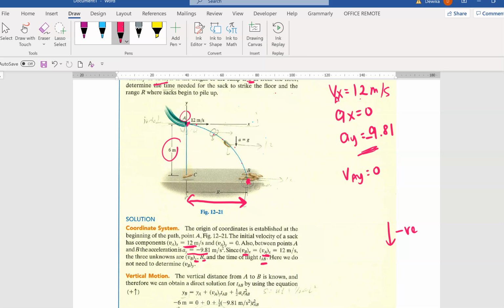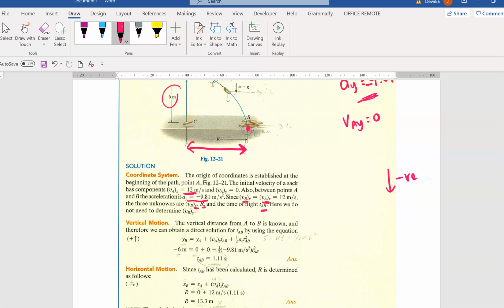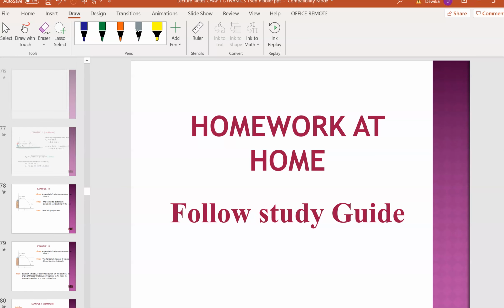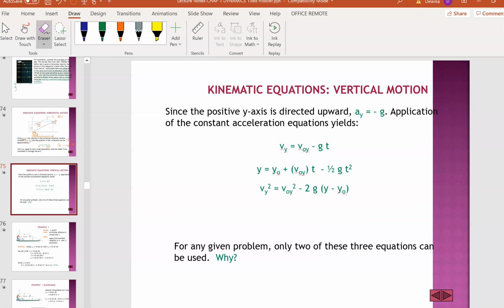So when you have all this information, you will find that it is useless to actually fit into the x-axis. Yeah, when you fit into the x-axis, you can't solve anything. You always have to find the time using your y-axis. So that's the reason why they use the formula that I just explained to you just now. Okay, wait, let me just show you the formula that we went through just now, right? Okay, remember this list of formulas? They look similar, right? It's just that they replace these with